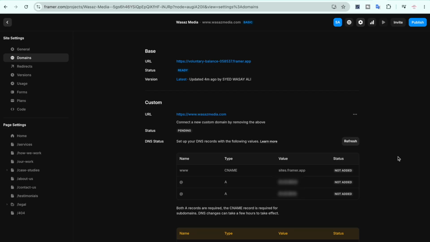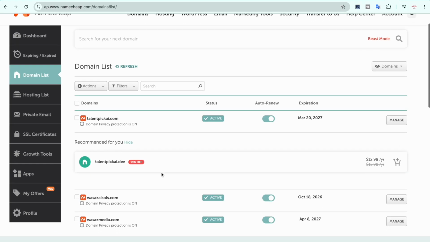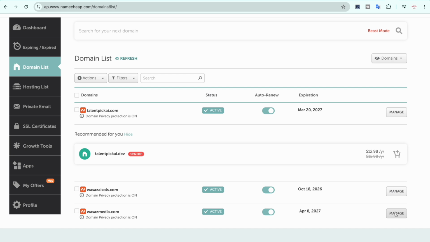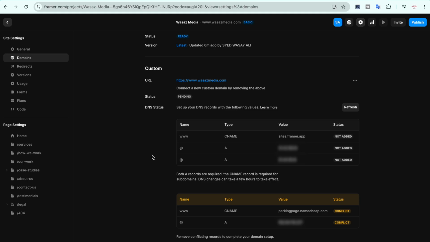I have purchased it from Namecheap. Here I have signed in to my Namecheap account. On the left, click on domain list. From the domain list, select your domain and click on manage. Click on advanced DNS, and you're going to go back to Framer and you need to add these records